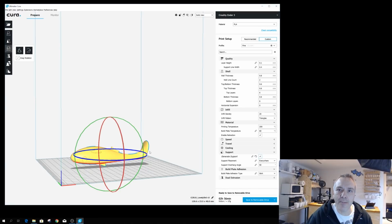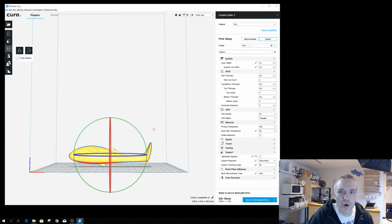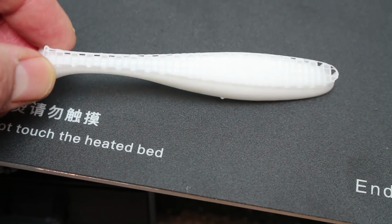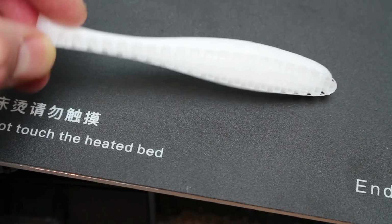But generally, you can't print in midair, so if you have something that is hanging out over the bed, you'll have to use support. And if I wanted to make a print like this, I'd use support. As you can see on the print, I've just stopped here, and it's actually a print of this, the lovely chat. You can see that there's some support that supports the